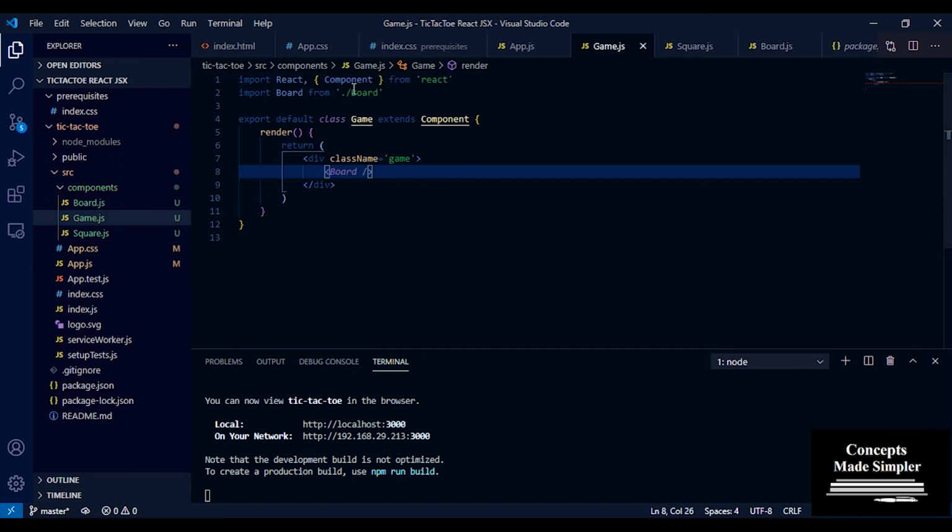So yeah. This is the good thing about using Visual Studio. It automatically auto imports. You could have just written import board from /board, but it auto imports. So that's pretty much a good thing. That's why people use IDEs.